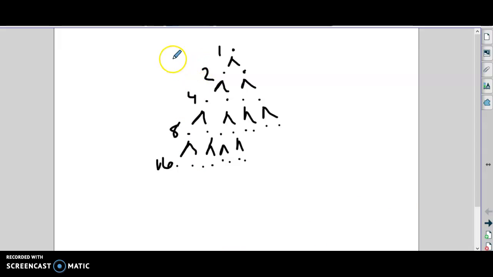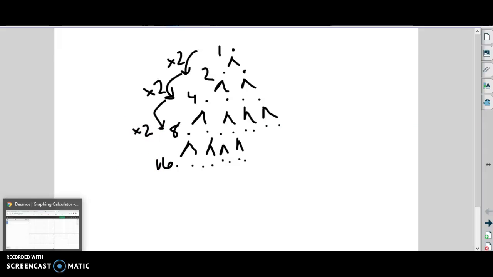So really what's happening here is every time it's multiplying by two. And obviously this can be a different number. It could multiply by three every time. You could share with three people, you could share with four people, and then it gets bigger and bigger and bigger, depending on how many people you share it with. So that's the basic thing there.